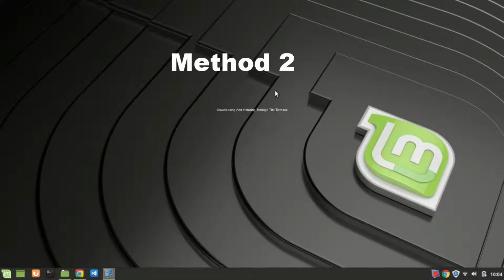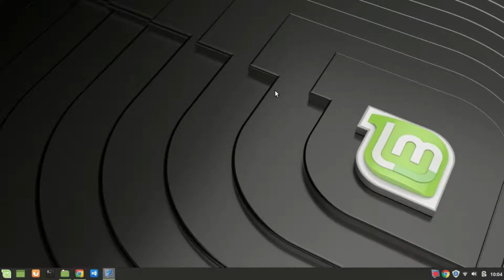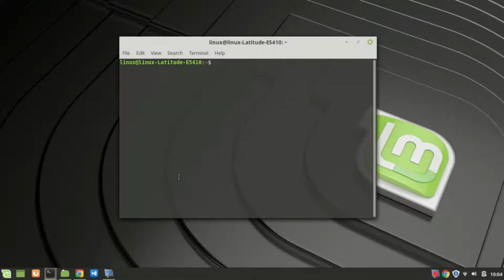Method 2, downloading and installing through the terminal. In order for us to download and install through the terminal, the first thing you need is your computer to be connected to the internet. Once that is done, click on your terminal icon and wait for it to open. Once that is open, we are going to use a package called Snap to install Visual Studio Code into our computer. So go ahead and type sudo snap install